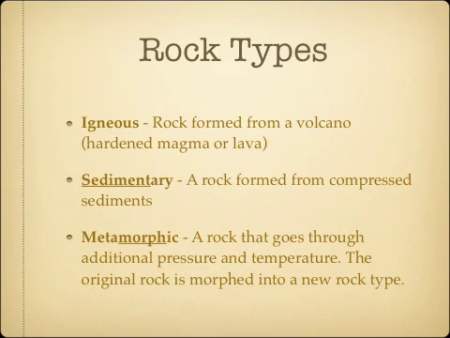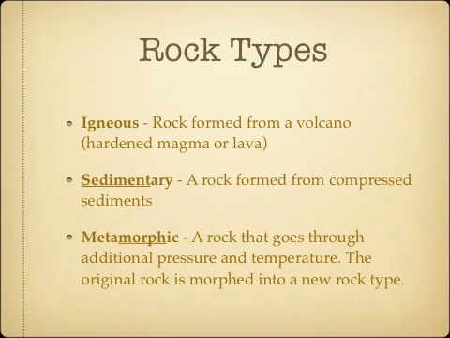There are three main rock types, igneous, sedimentary, and metamorphic. Igneous is rock formed from a volcano, so it's essentially hardened magma or lava. Sedimentary rock is formed from compressed sediments. So again, these are the little particles of rock that are squeezed together to form a whole new rock type